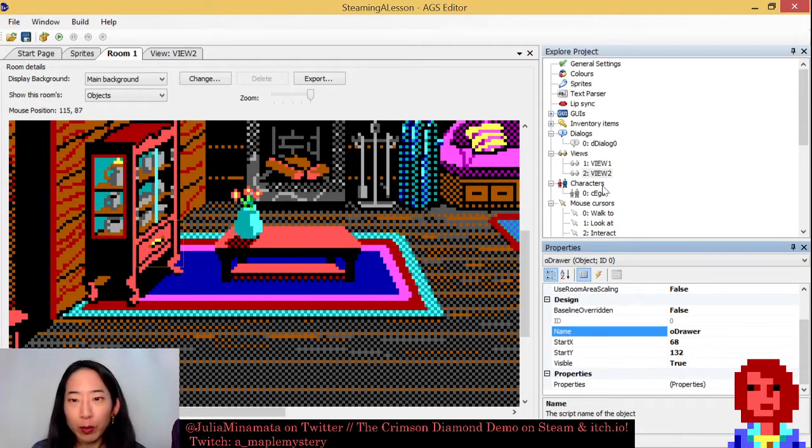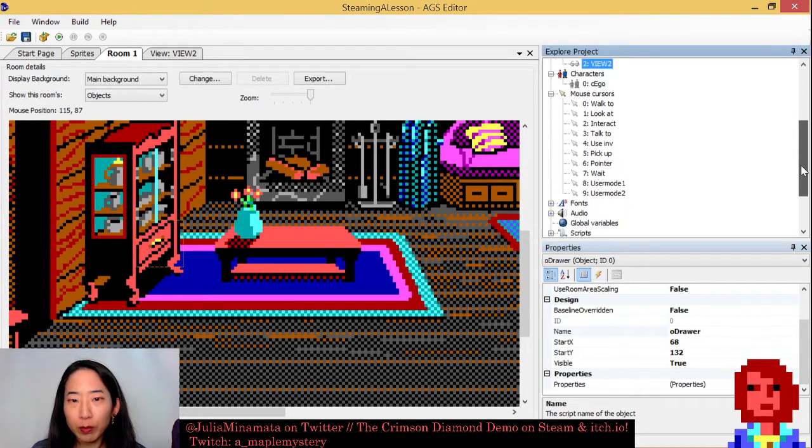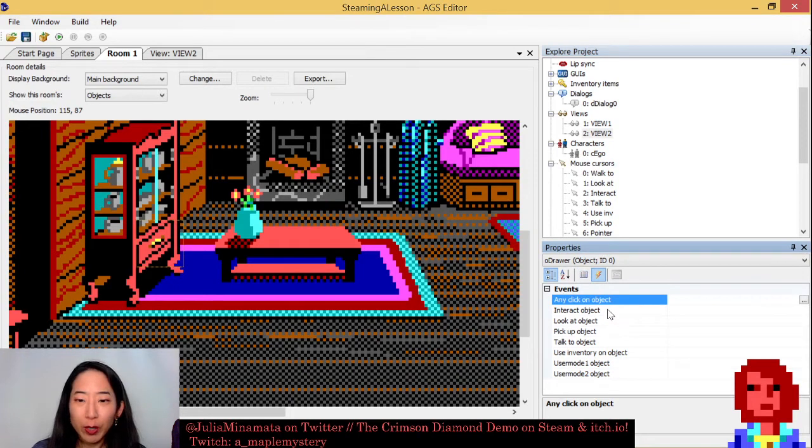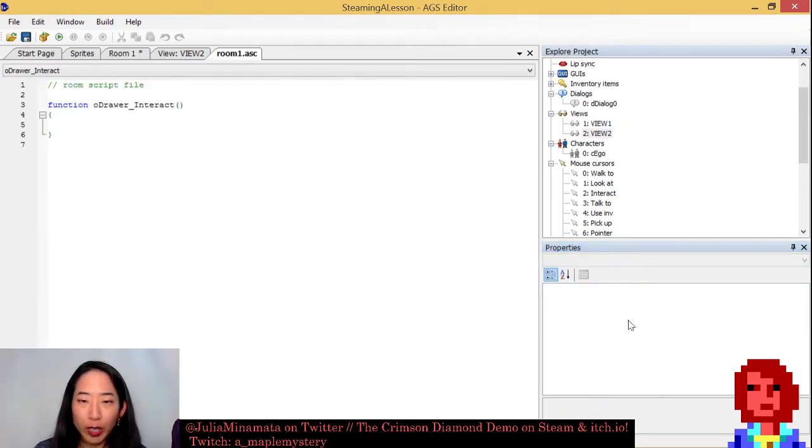And what we can do in that room, if we open up the script for this room, actually, no, we don't have to do the room. Because it's a point-and-click adventure, we can interact with the object. And if we interact with the object, we can create an event for that. If I click the hand icon on the drawer, then what we can do is set the drawer's view,